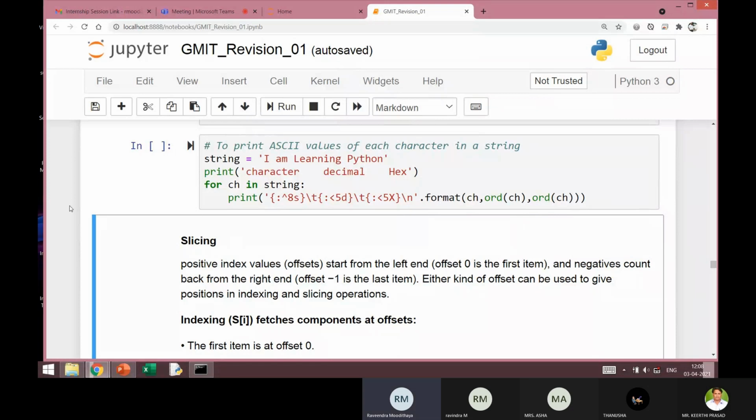I'm going a little more detailed with the string. The reason is string is a sequence, and we have other sequences like list, tuple, or I can save some time over there because the concepts are very similar. Particularly the next one, the slicing. The concept is very similar in the list also, or in the other sequences. So if I go a little detailed here, I can save some time on explaining those things in the list.